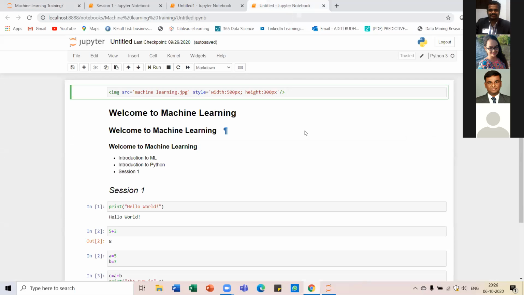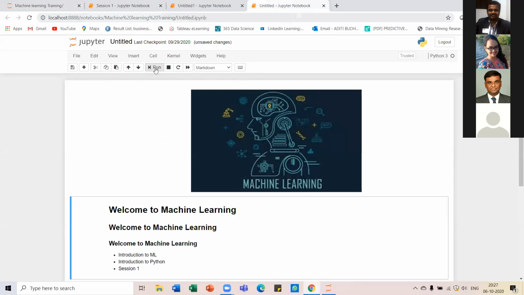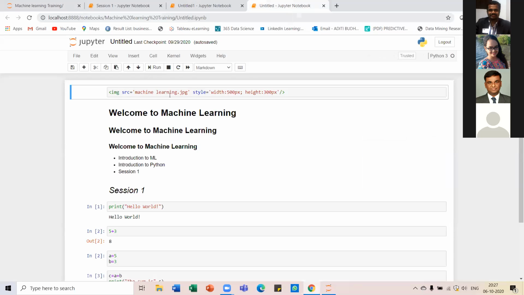Look at this one. You are able to use headers and everything, and you're able to run different aspects. Show that to be very exciting. So bring in any image and try this out. It is not very complicated. Whatever assignments you submit, if you're able to present them in a better format, I think we would really appreciate that. Just keep these things in mind. Try this out once. Pick up any image from the internet and try to upload it in your notebook. Use this code, just what I have written. You can put it across in the chat window for easy reference.